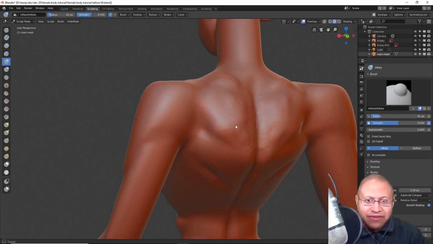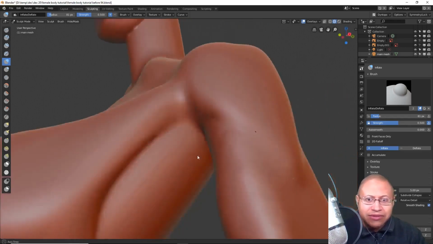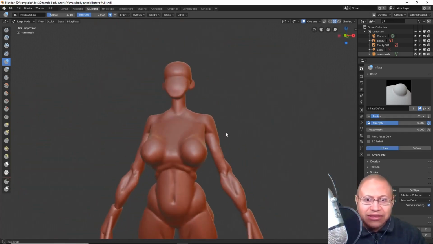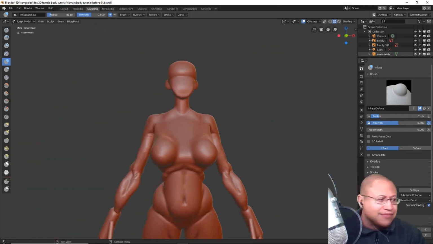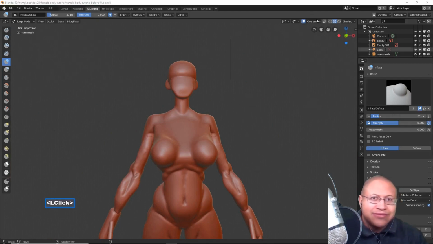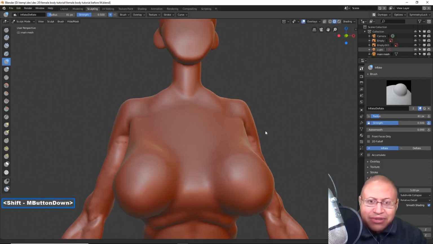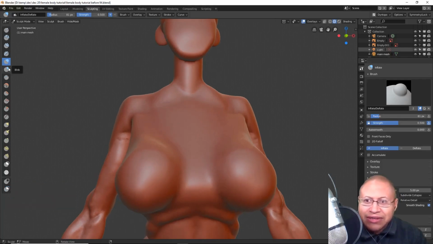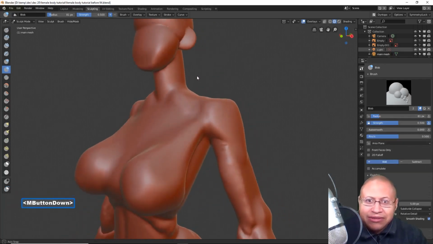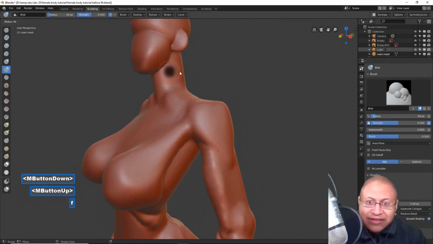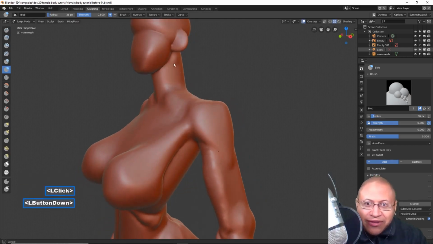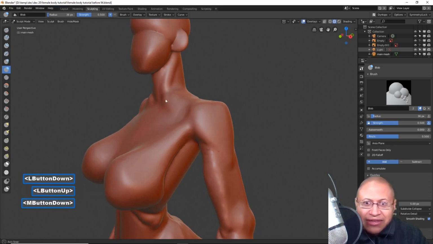So I'm holding shift, this move button. Okay. Hold the middle mouse button to rotate. And some of the details that we're putting in will actually have to be re-put in. And you'll see why. And hopefully later, you guys, if you've been with me all this time,